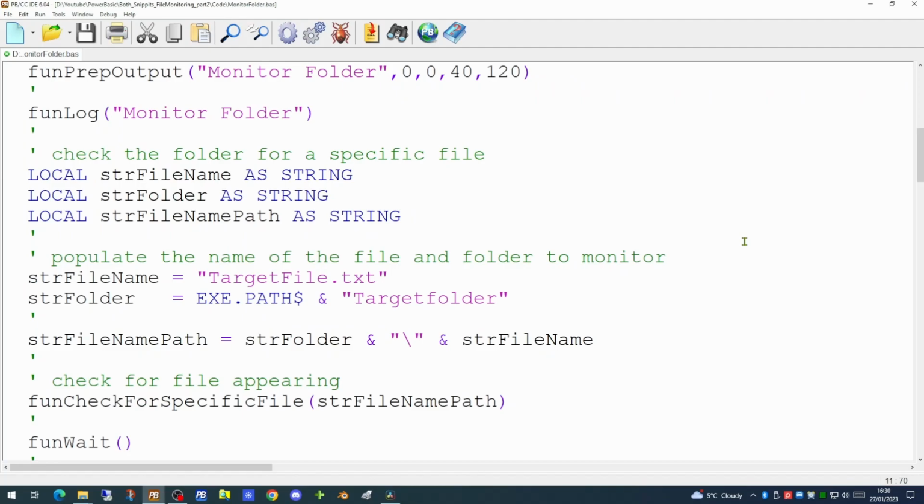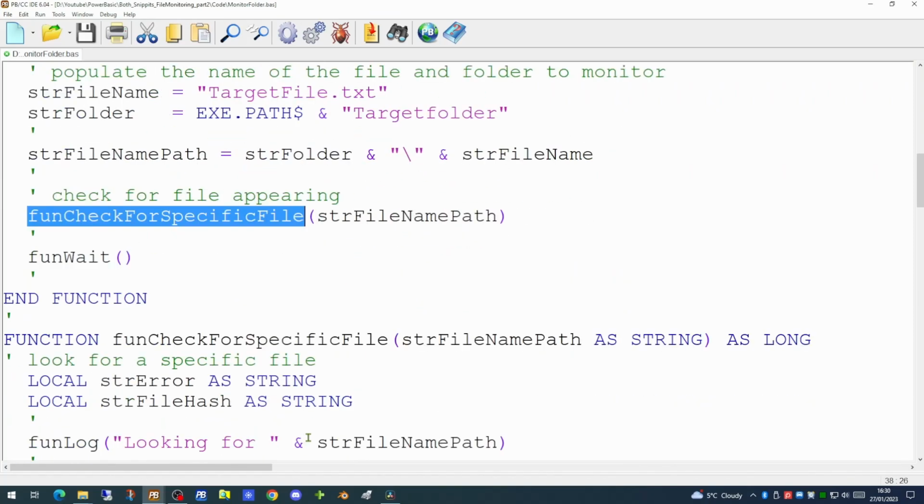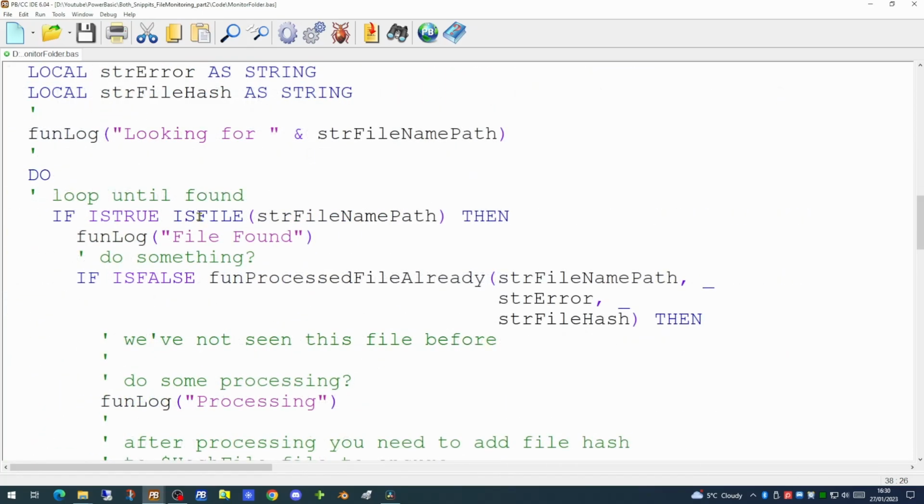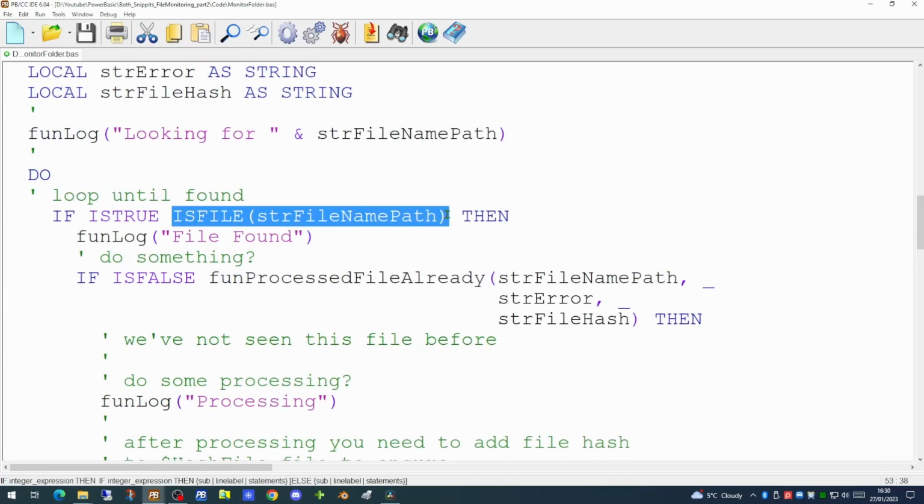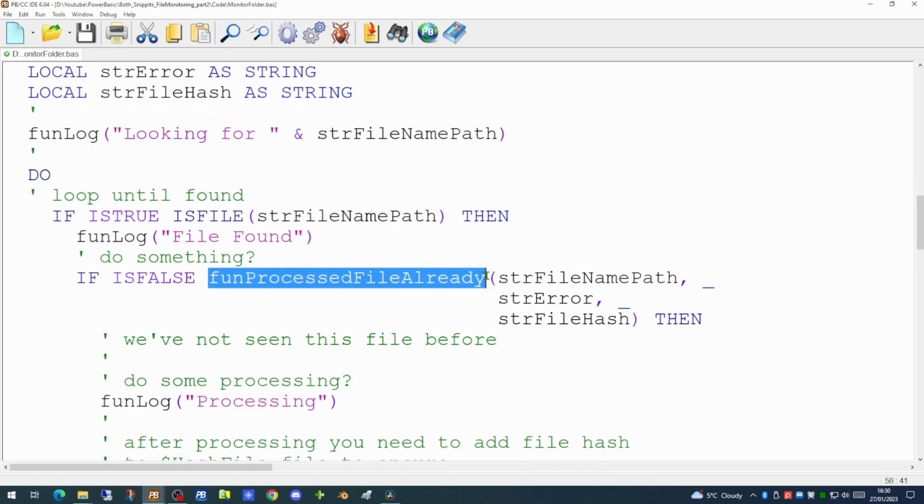In our application, we're specifying the name of the file we're going to be looking for. We're also specifying the folder in which this file will be held. And we're passing those details to a function called check_for_specific_file. This function checks to see if the file exists, and if the file is found, it then checks to see whether we've processed the file already or not.